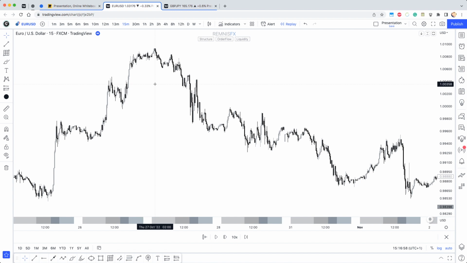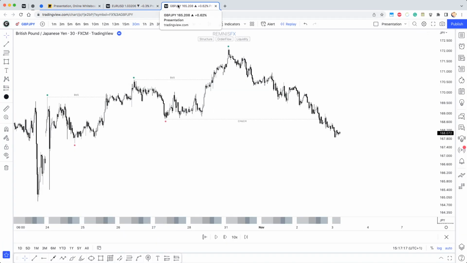So you can go back, and while you're backtesting, you can wait for certain things, but it is also important to look at a chart and think, okay, in this example,